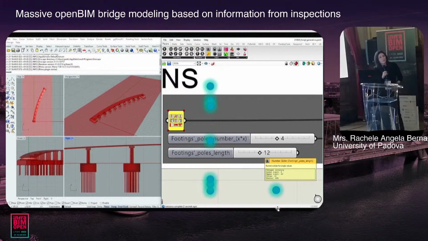From these 4 different points of view, the 3 front views and the perspective view of Rhino, what you can see is that by changing the information, you can change the curvature of the bridge itself, the number of spans, the number of foundations, the number of piers, and the typology of the piers, whether you have a unique pier cap or a double one, one or more columns.